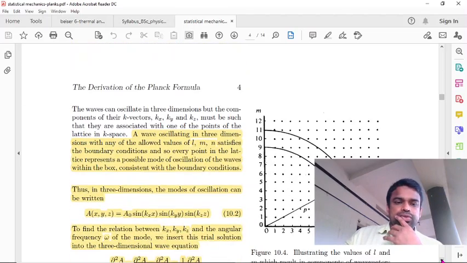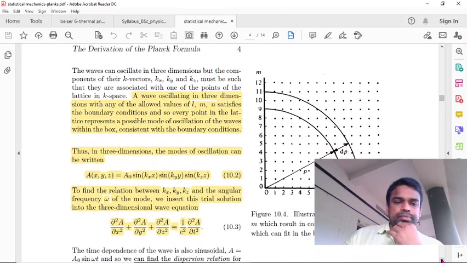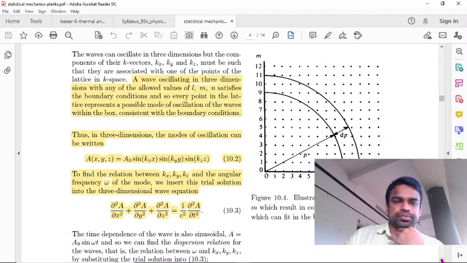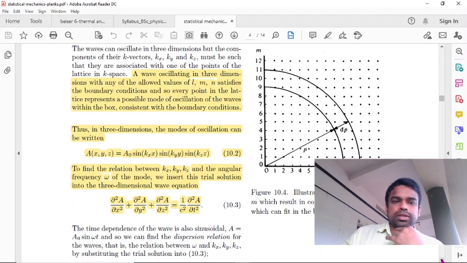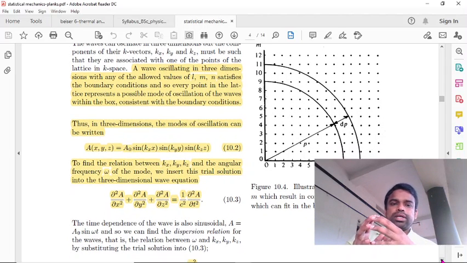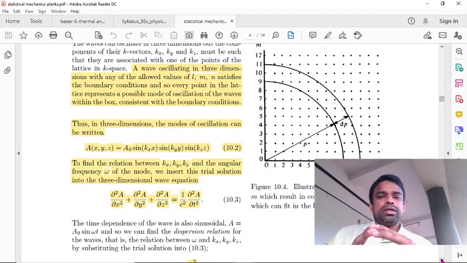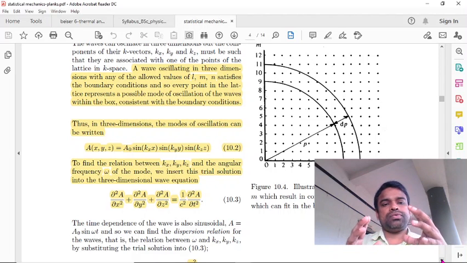Then we can introduce velocity and momentum into the space. Then a wave oscillating in three dimensions with any of the allowed values of l, m, n satisfies the boundary